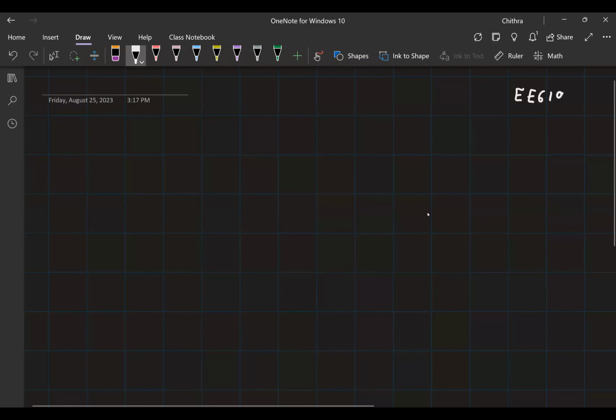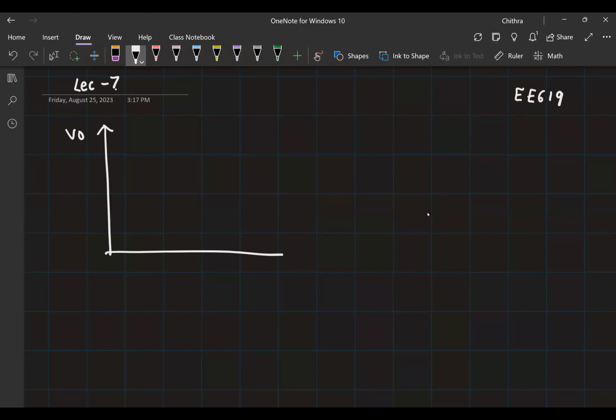So this is E619, lecture 7. So we started with an inverter with a resistive load, then went to an inverter with an NMOS load, and finally we are now at a CMOS inverter. And we quickly saw that the VTC for the CMOS inverter, V0 versus Vin, has the following shape,